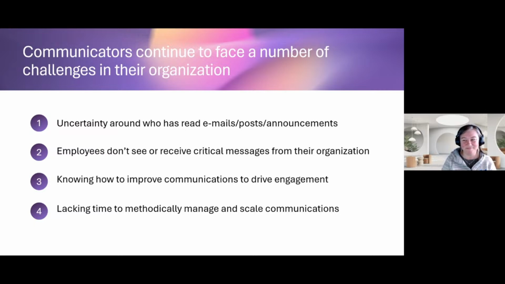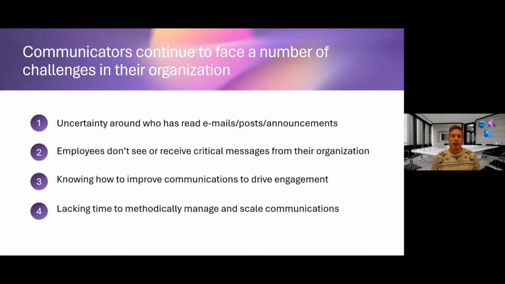But really, professional communicators, or really anyone who wants to communicate out a message that is really critical, needs to ensure that the delivery lands where employees are going to see it, and they want to be able to measure that. They want to be able to see that people have seen it, and that ties right into employees not receiving the critical messages, or there's information overload or channel overload. So they're getting a lot of noise. They're getting a lot of what some people might call spam,